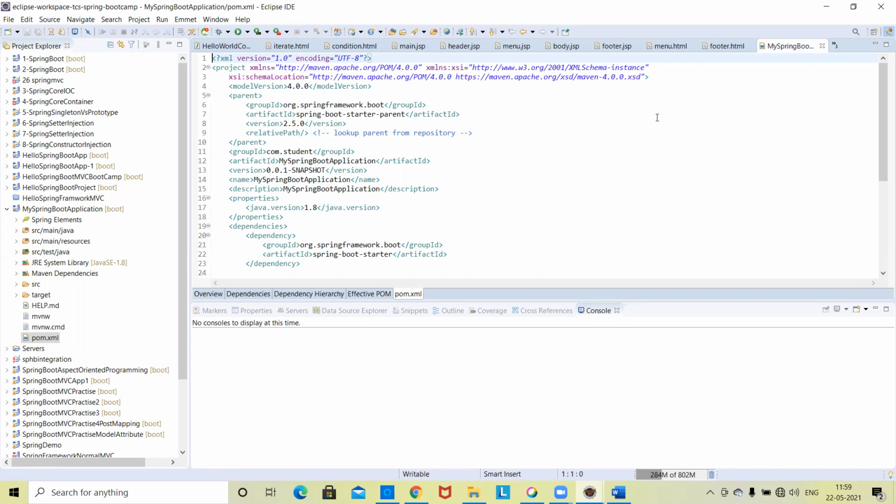There are two files. One file you will not be able to find here, that is called web.xml. But if you do a normal Spring project, you will definitely find the web.xml. If you do a JSP servlet project, you can become familiar with the web.xml. Web.xml is called a mapping deployment descriptor. You can note down the term deployment descriptor, web.xml.